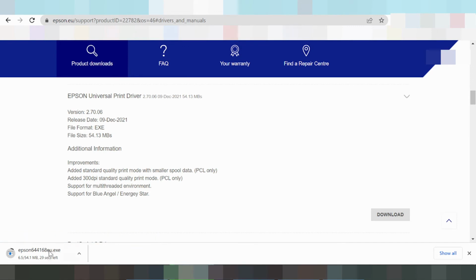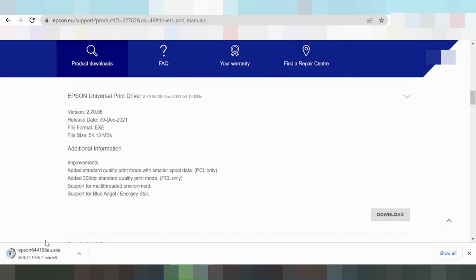Okay, you're looking here. And if you need to install the driver for your printer, you turn on the printer power. You put the USB cable from the printer into the laptop or PC. The laptop or PC detects the USB cable printer, and you press finish for the driver download. You click to run the driver, and the driver takes the cable printer automatically, and you click next and